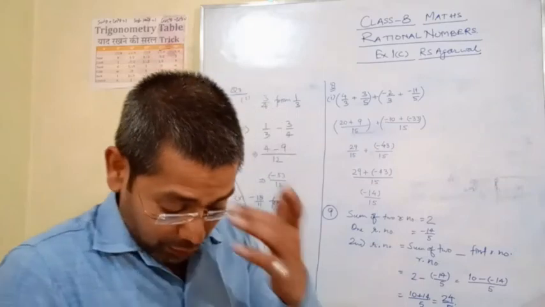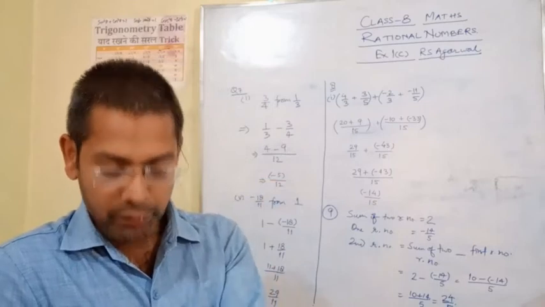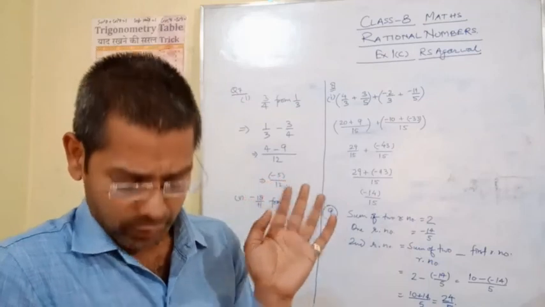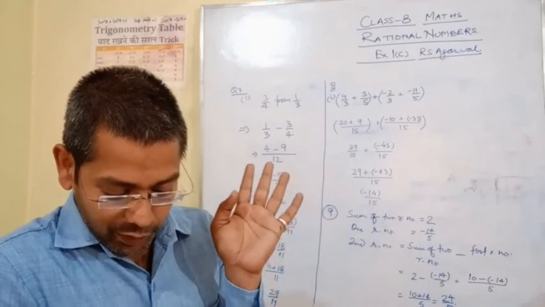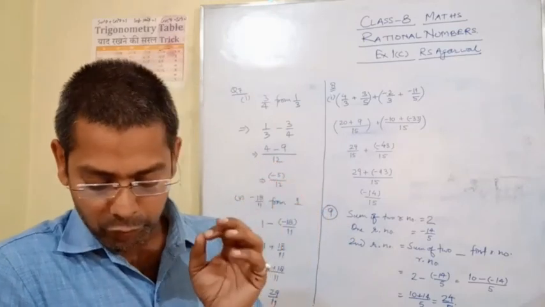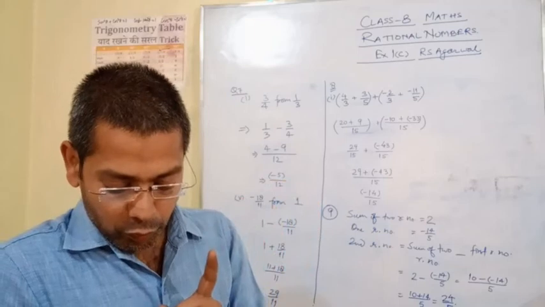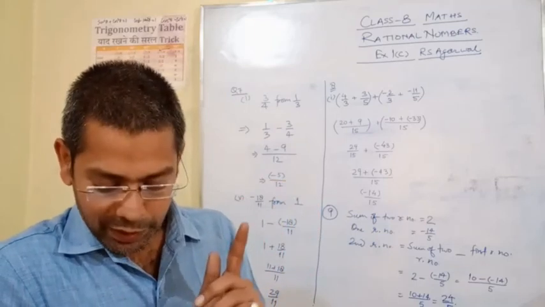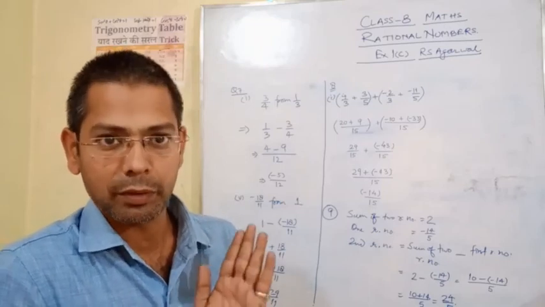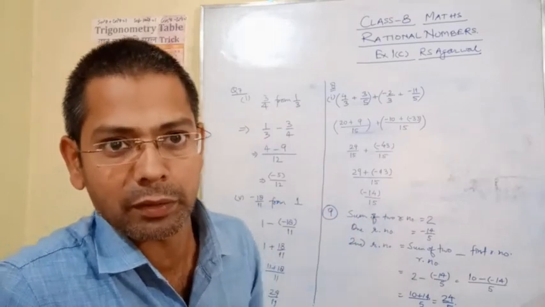In the same way, in the 10th, the sum of the two rational numbers is given as minus 1 upon 2. One of the rational numbers is given, so we will subtract the first rational number from the sum of the two rational numbers. In the same way, the 10th question can also be done. 11th: what number should be added to minus 5 upon 8 so that we get minus 3 upon 2? Here minus 3 upon 2 is the sum of the two rational numbers and the first number is minus 5 upon 8. So from the sum minus 3 upon 2 we will subtract minus 5 upon 8.